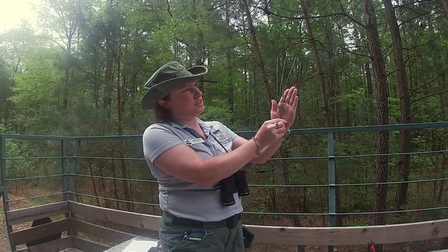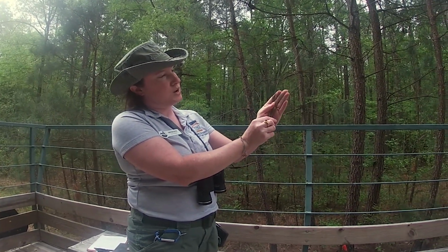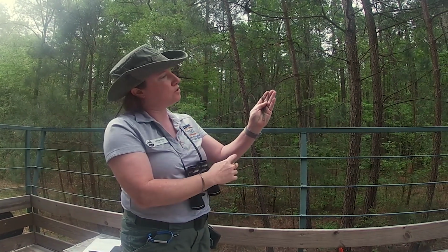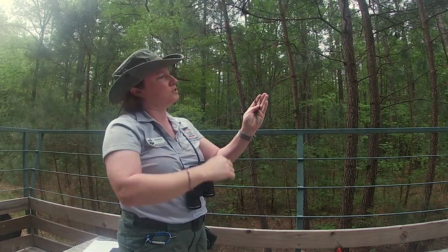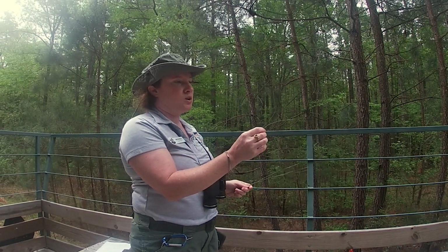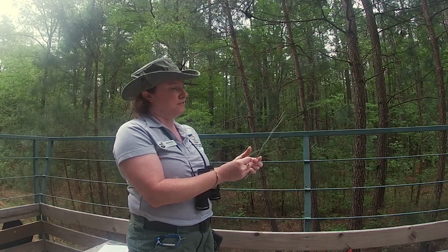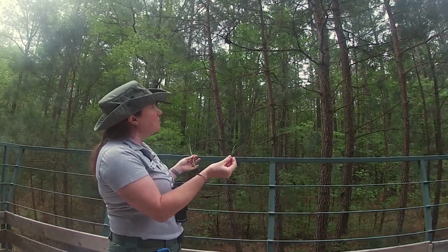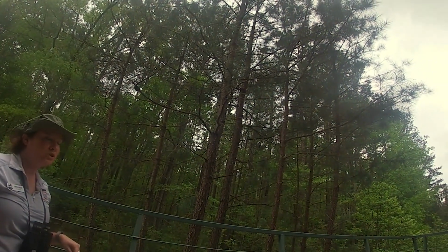Up, and look at that comparison. So we have our needles here from this tree bundle here, and the longleaf needles up here. Big difference. So this needle bundle is bigger than our shortleaf, but smaller than our longleaf. This is a loblolly pine, and loblolly pines are probably the most common pine tree you're going to see in